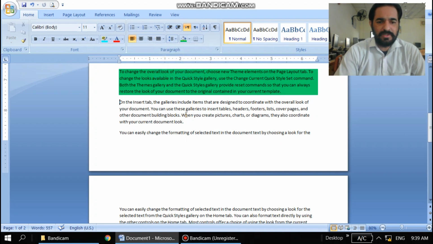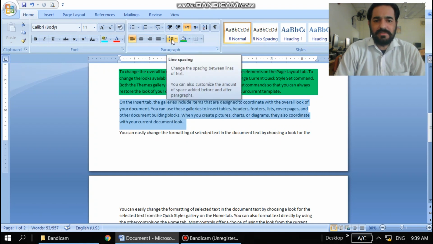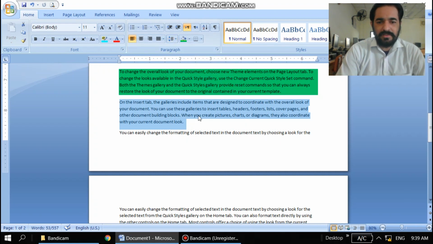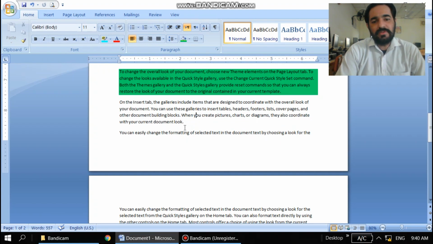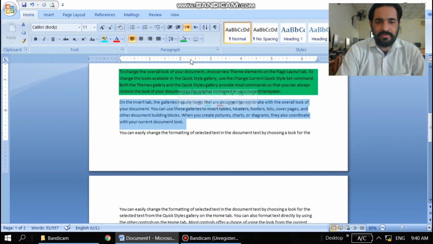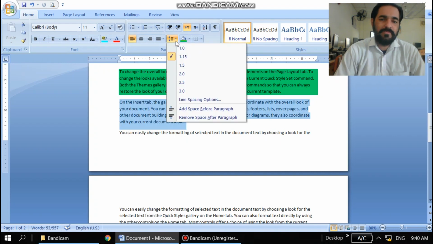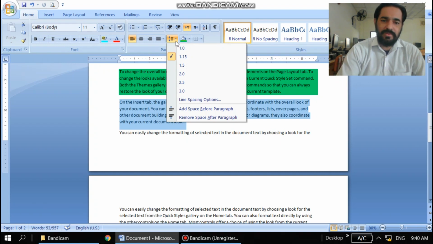Right, next we have line spacing. What is line spacing? The definition of line spacing is to change the line spacing between lines of text. You can also customize the amount of space added before and after paragraphs. We have paragraphs and lines, and we can also add space between the lines, before the lines, and after the lines. So these options are there. We can see there are some more options within this option.